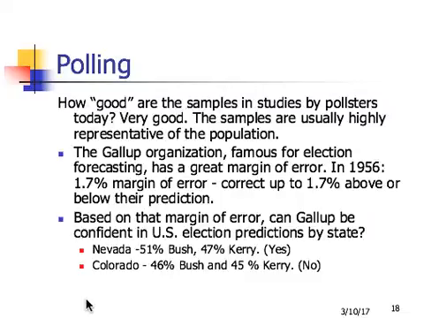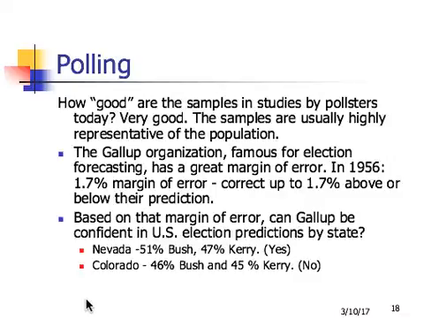So what does that mean? Okay, so let's say we're looking at the election of Bush versus Kerry in the US presidency. And let's say the state of Nevada, before the election, has 51% who say they're going to vote for Bush and 47% who say they're going to vote for Kerry. And Gallup finds that to be true as what he forecasts. Imagine that were the case. If that's true, we can be fairly confident, or Gallup would have been confident, within that 2% margin of error, that that is probably what's going to happen, that the state of Nevada is probably going to vote or elect